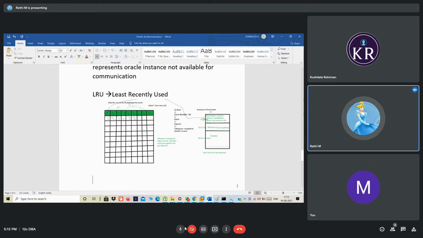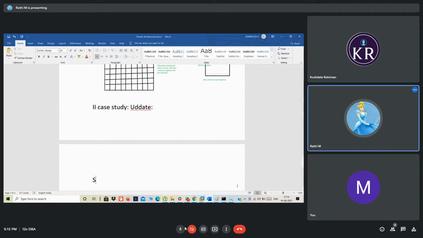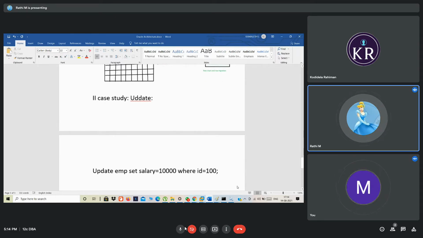So now we will go with the second case study, update. Ready for confusion? Second case study, update. Okay? So what will happen? For example, the user is firing the command like this: update EMP set salary equal to 10,000 where ID equal to 100. If it is like this,